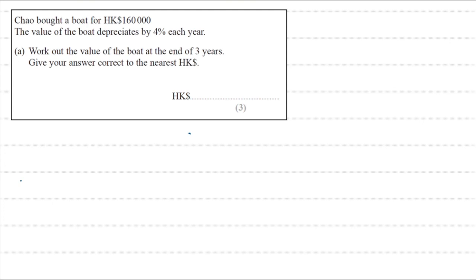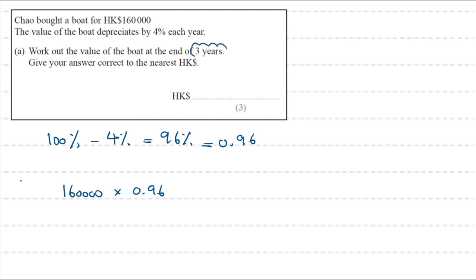Again, we start off at 100%. Since we are losing money by 4%, we have to subtract 4%, and that gives us 96%, which in decimal is going to be 0.96. Then we write the initial amount, 160,000, then times it by the multiplier raised to the power of number of years, which is 3 years. And that gives us